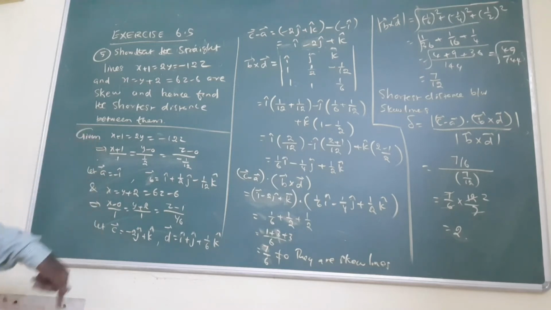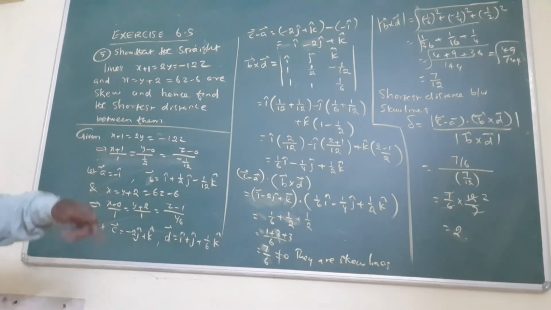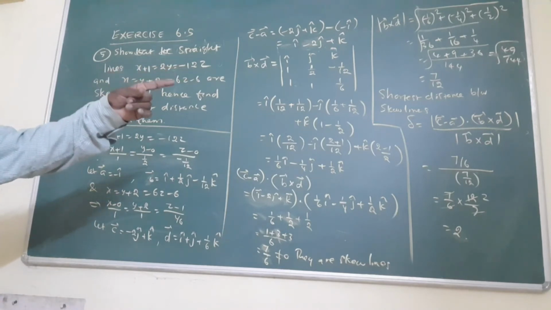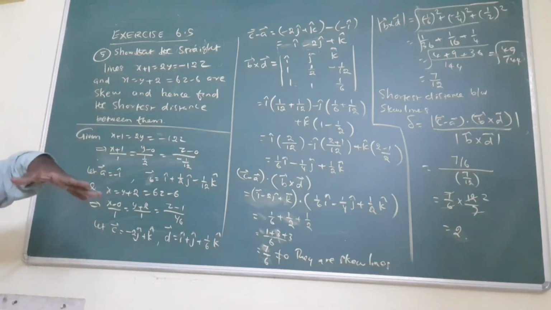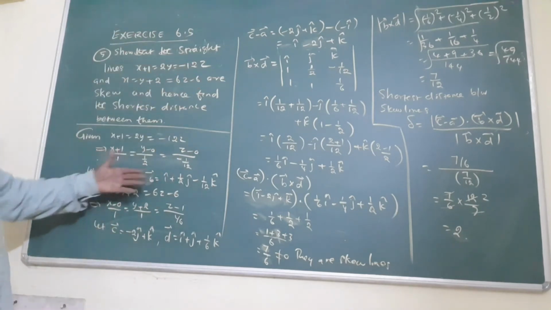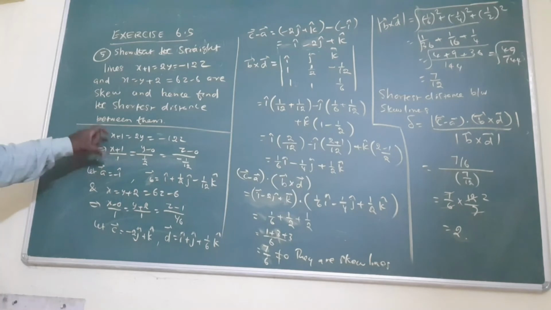In the previous question, they were asking for a point of intersection, that's why I was assuming a1, x1, y1, z1, etc. But here, they are asking for the shortest distance between the lines. That's why the formula uses A vector, B vector, C vector, D vector. Before that, the given equation is not in order. What if the equation is not given in order?